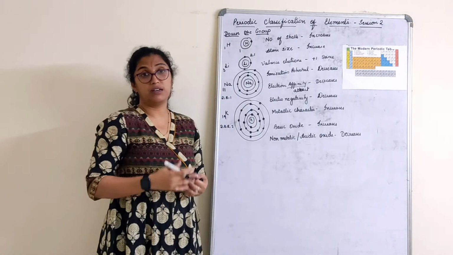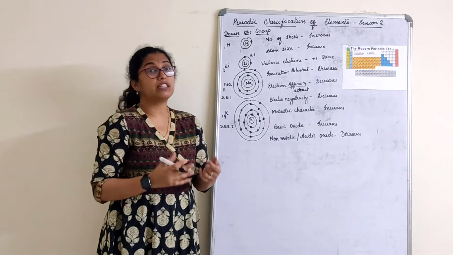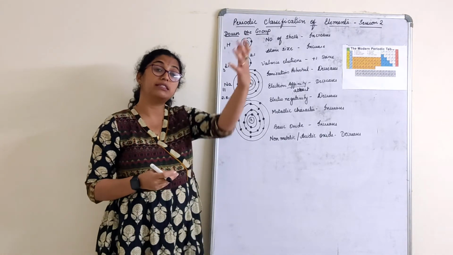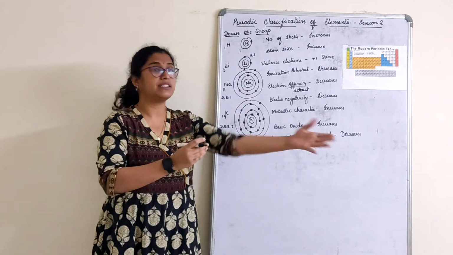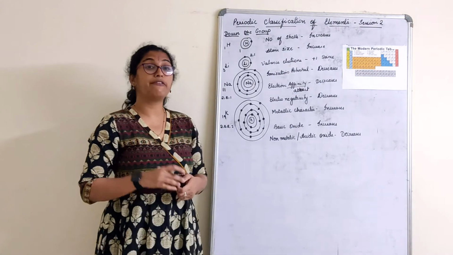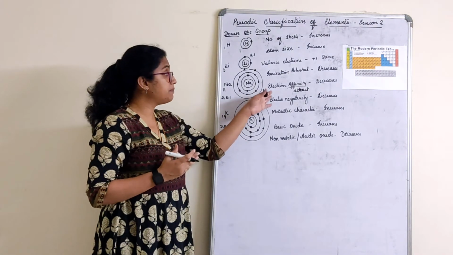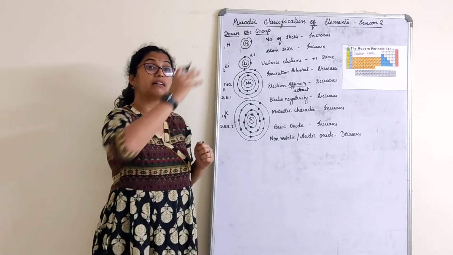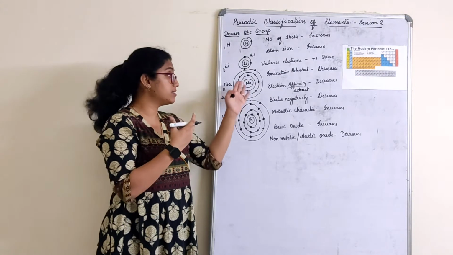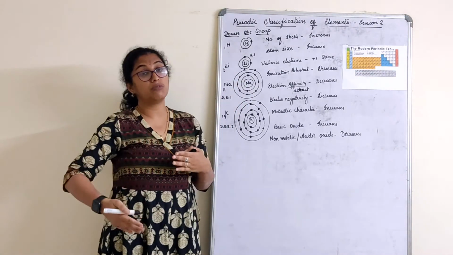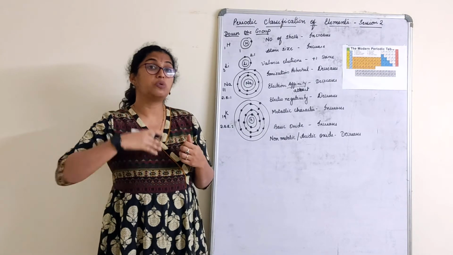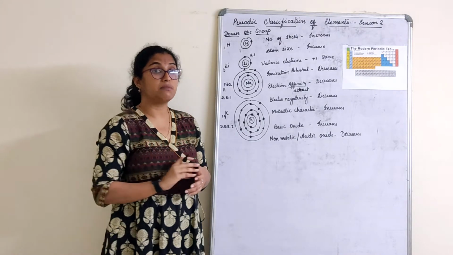See, during the lockdown, we had to go meet our friends, right? But we couldn't go since they are staying far away. If they were just your neighbors, you could just go say hi, hello and come to them, right? But since here you have to travel so far, same thing, what will happen? Electrons are so far, it can't go to capture those electrons. Electron affinity, attraction towards this, decreases as you go down the group because atom size is increasing. As atom size is increasing, potential to release, it will release very less amount of energy.